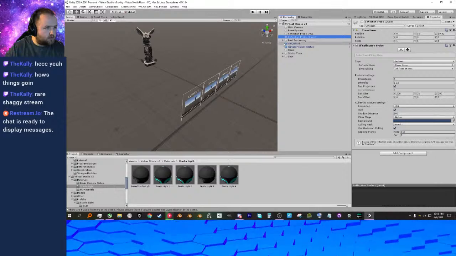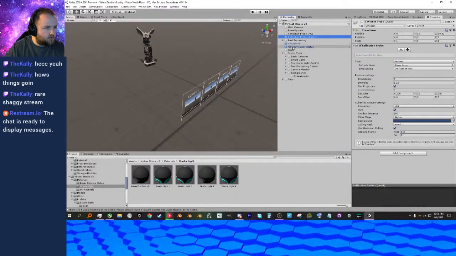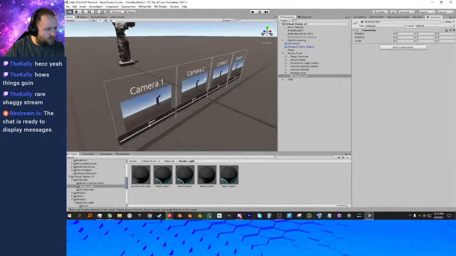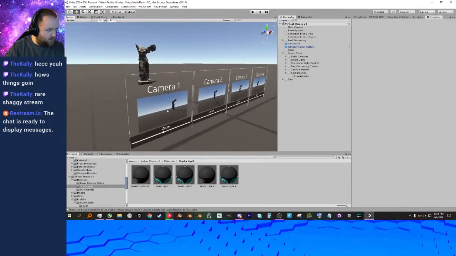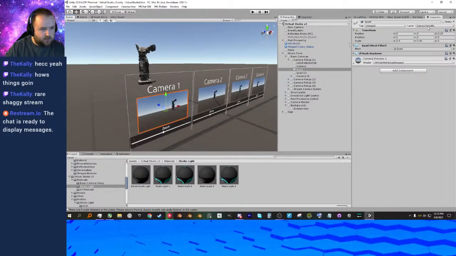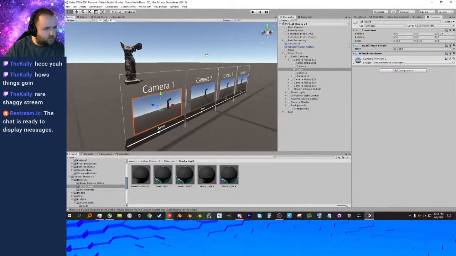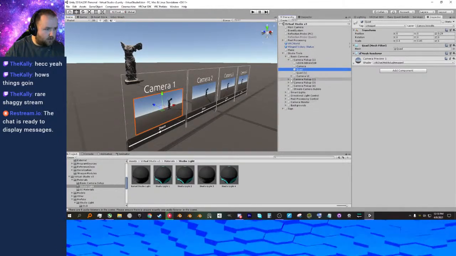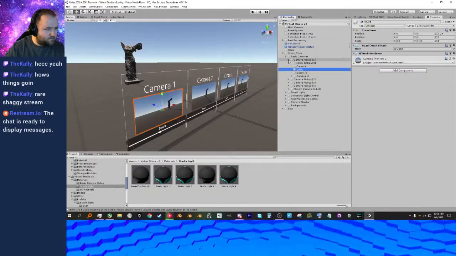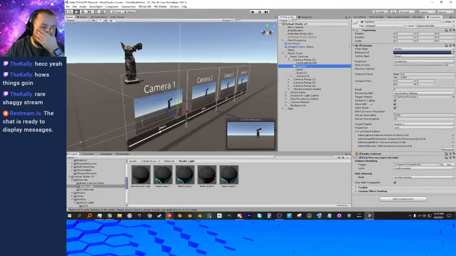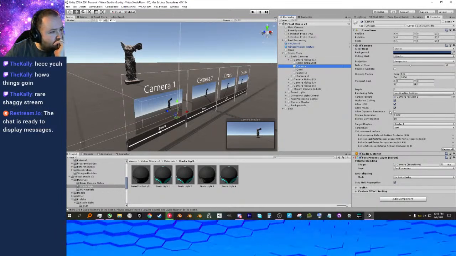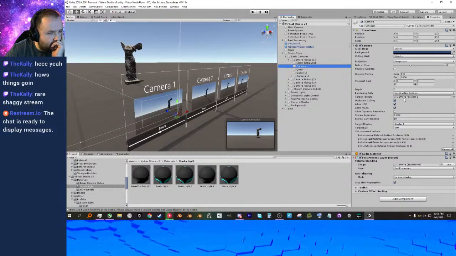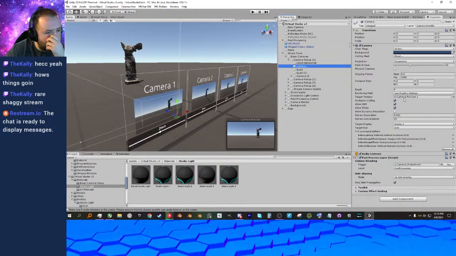Okay. So what I have to do is I have to make it specifically a green screen that only renders for these cameras. So these cameras are on layer camera invisible. So let's look at what layers the cameras are rendering. So I could do another custom layer. So in that case, we have